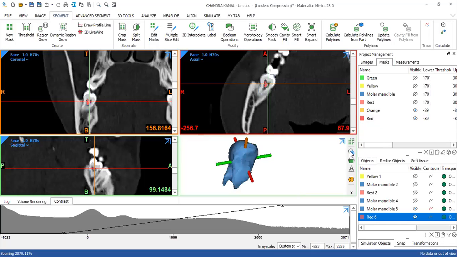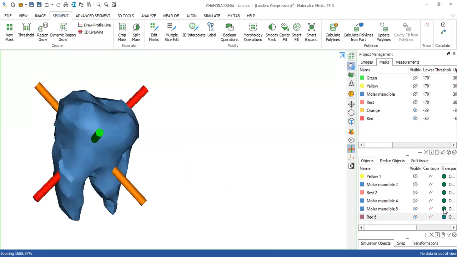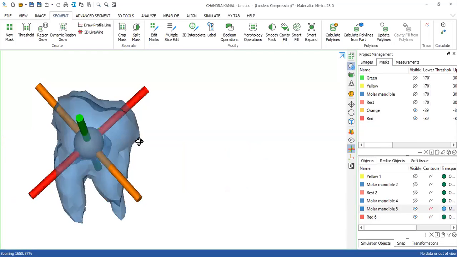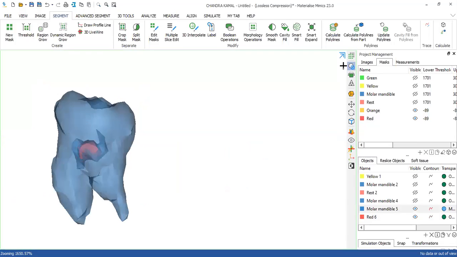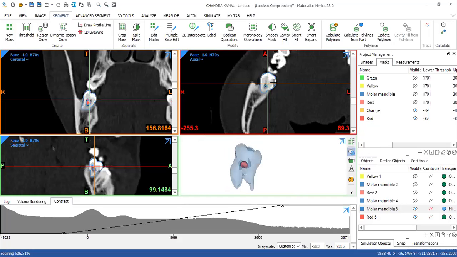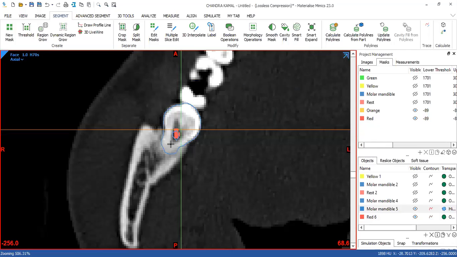On transparency as my option. Just a small section that's been created. I have to further expand it, right?